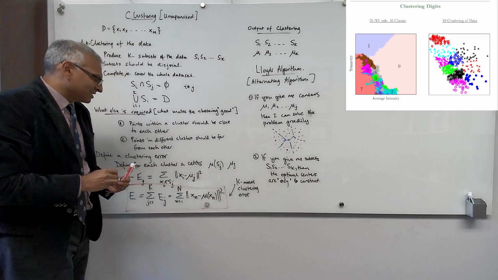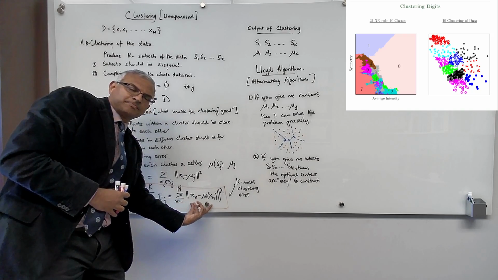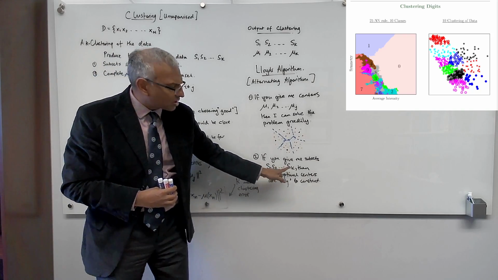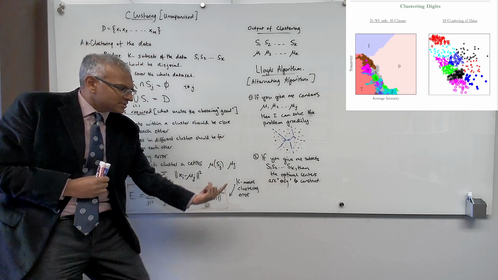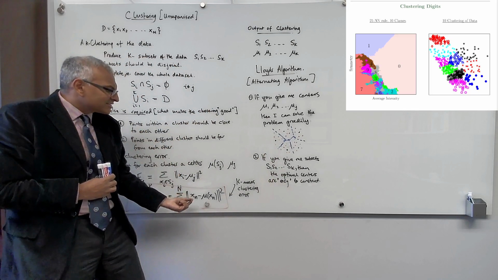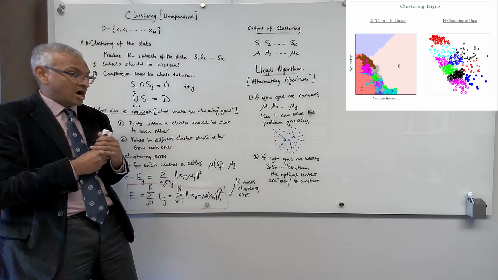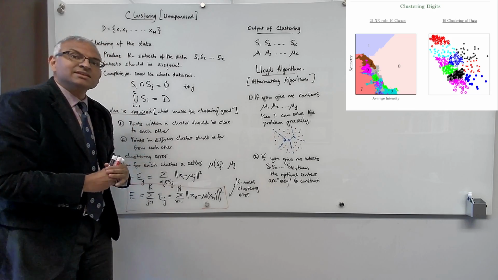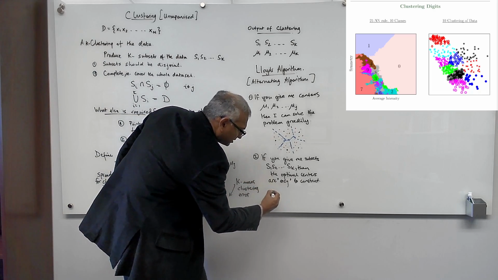Okay, and why is that? It turns out that that's related to the fact that we're looking at the squared errors. Okay, so now you've told me which data points are in each cluster. Because we're using the squared error, it's easy to construct the centers of the clusters. If we were not using the squared error, it might be much harder. Okay, and how? Well, it's an easy exercise for you to show that the center